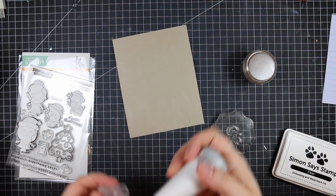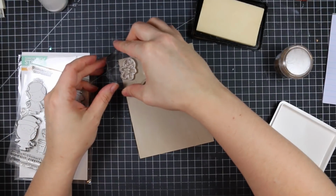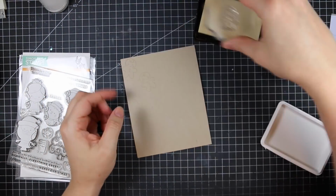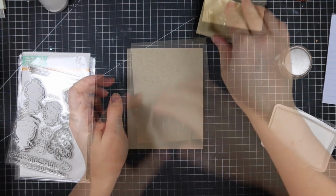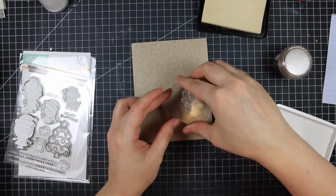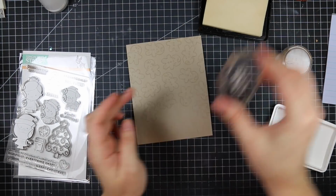For today's Christmas card, I started off with some Neenah Desert Storm 100-pound cardstock. This is 4 1/4 by 5.5 inches. And I used my anti-static powder tool, and then I'm stamping this little gingerbread man image from the Simon Says Stamp Christmas Squad stamp set. And I'm stamping it all over this entire piece, just kind of rotating the stamp and everything, just laying them